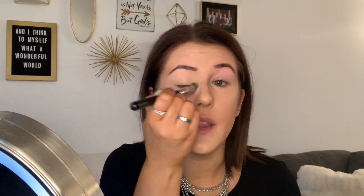What I like to do is take my concealer brush that I just got done using. It doesn't have any extra product on it, but I just run that over my eyelids, kind of blend it out, and along the side of my nose up to my eyebrow. I'm really hoping that the camera's picking it up, but